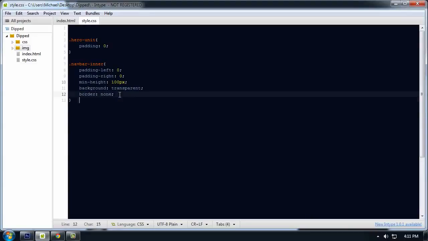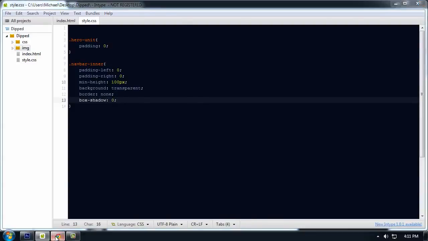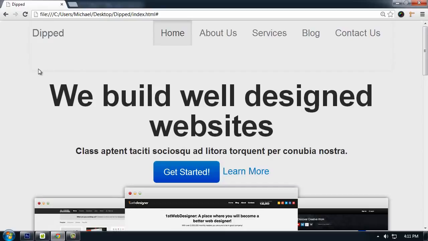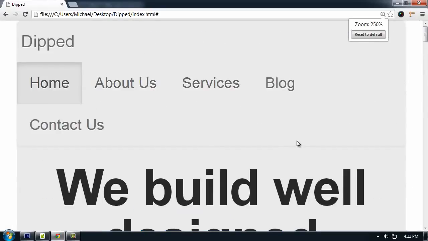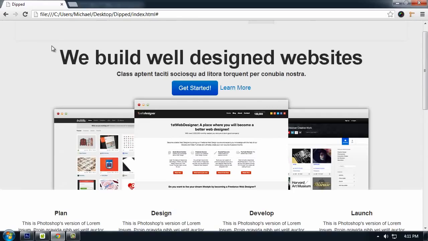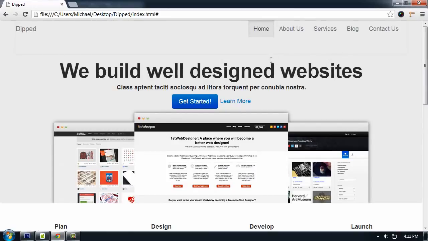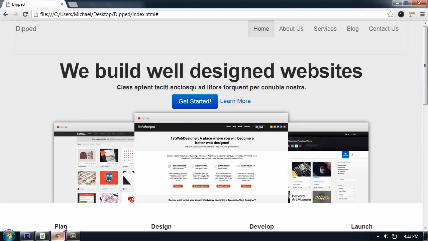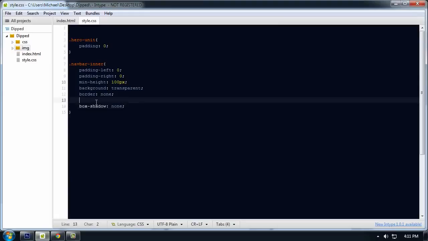So border none, box shadow to 0. The box shadow is still there. Let's try box-shadow none. Oh, so box-shadow none will fix that. And then